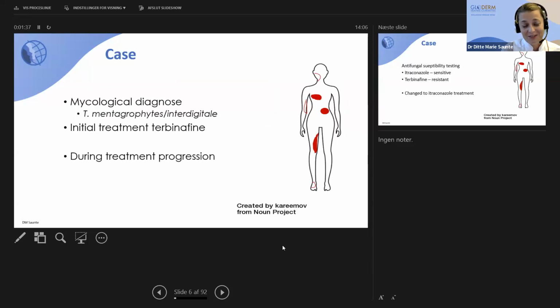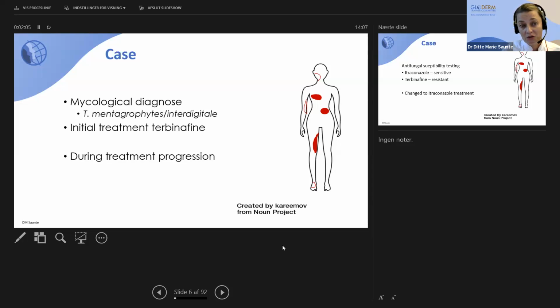During steroid treatment, the disease progressed as shown here on the right. It progressed from the legs to covering most of the body, including the face, arms, and trunk. And the mycological diagnosis was made, and it said that the patient had a Trichophyton mentagrophytes / interdigitale complex infection,